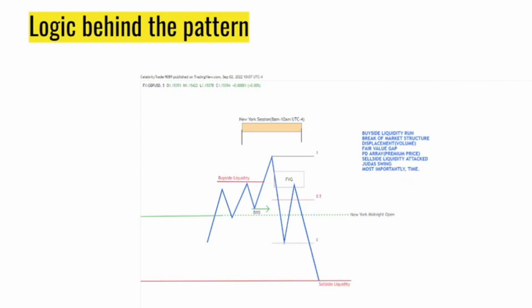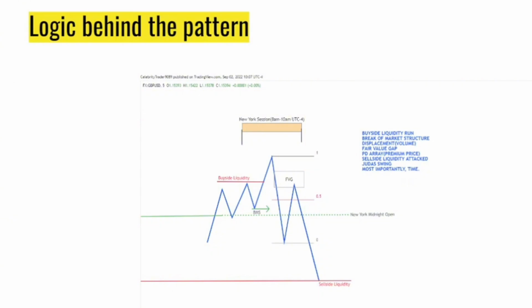We don't just trade the pattern for a pattern's sake. You understand me? We trade it with logic. So the logic behind this gives the trade a higher chance of winning, a high probability. This is what we call an A plus trade. When you have an A plus trade in the market, a higher probability trade, you are okay and you are good to go. Now, this is an A plus trade that I'll be showing you how you could go about. Now, this pattern